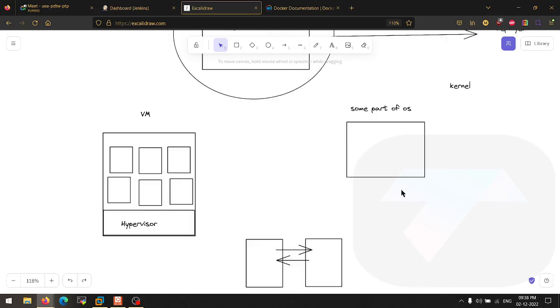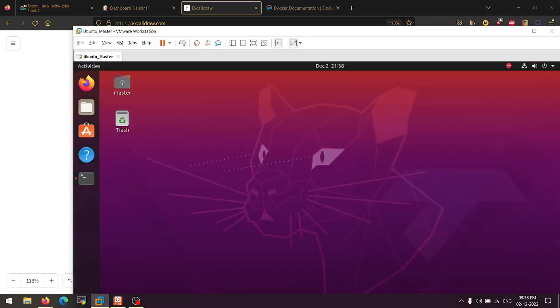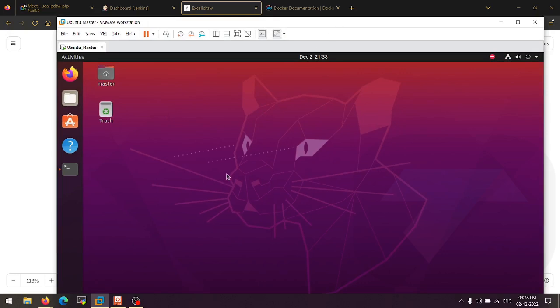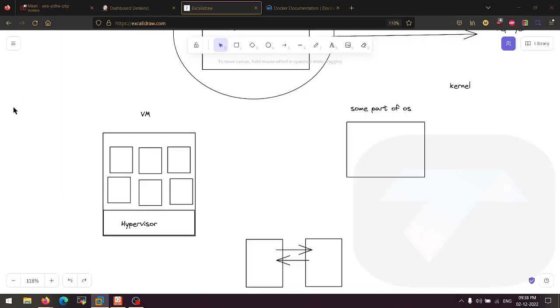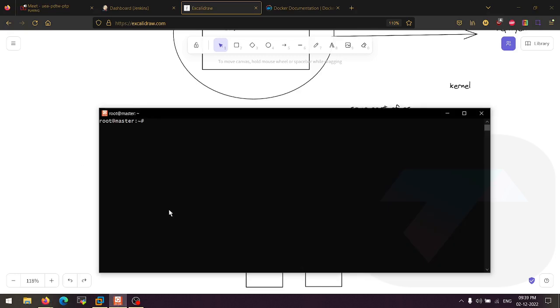Okay. Now let's directly jump to the Docker usage. So right now, today I'm not using the AWS. What I'm doing here is I'm using this virtual machine that I have set up here. And actually, I don't prefer the UI because I cannot directly copy and paste stuff from the browser directly here. So what I did, I set up the virtual machine here, and I launched this virtual machine in a bridge connection. Bridge means currently this virtual machine is acting as an independent machine in my home network. So using that, I took SSH into that virtual machine.